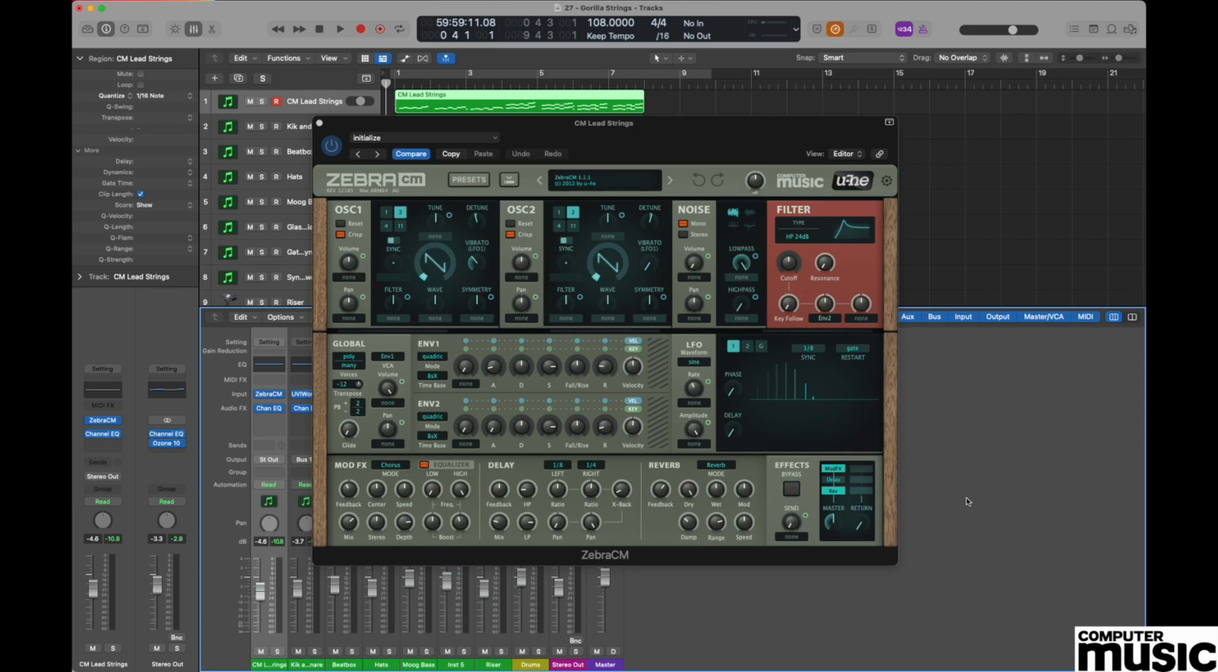In this edition, we're going to be creating the archetypal string synthesizer sound, reminiscent of the string synthesizers from the 70s, but still very much in vogue today with many contemporary bands and artists. So let's get started straight away by opening up your DAW and load in an instance of the ZebraCM plugin